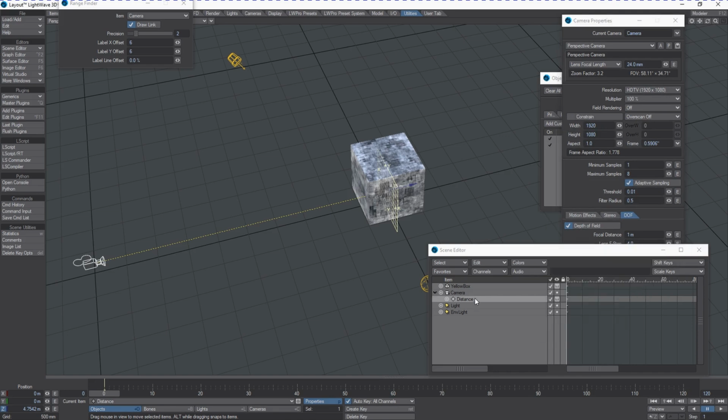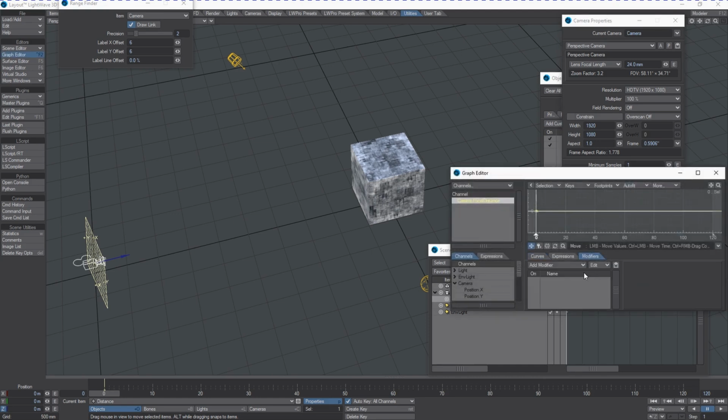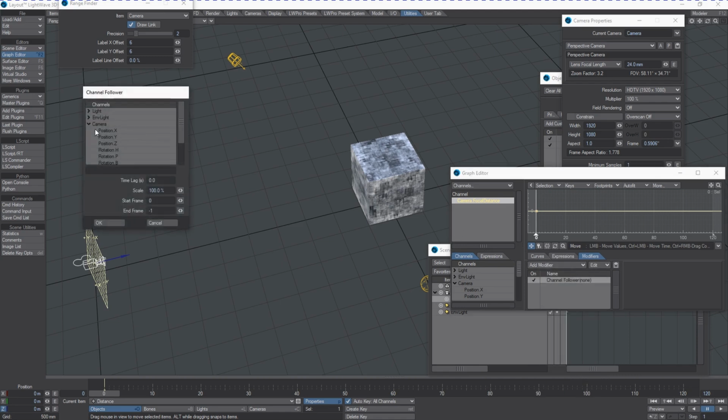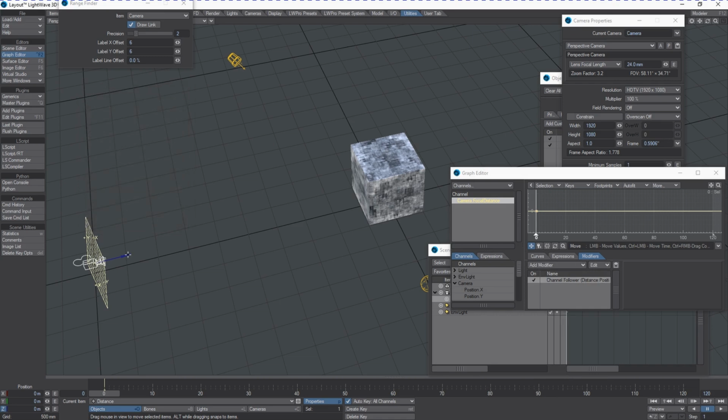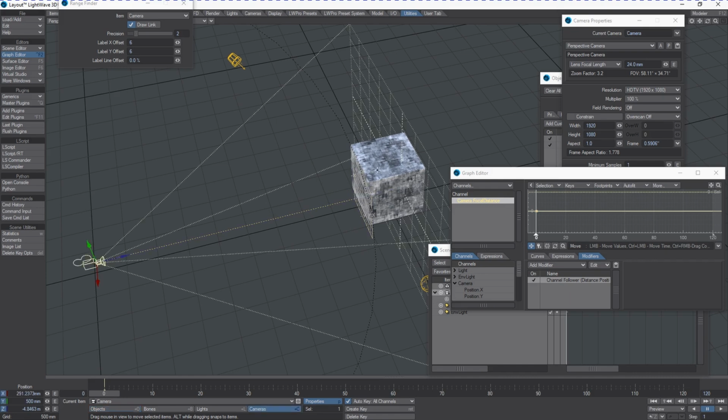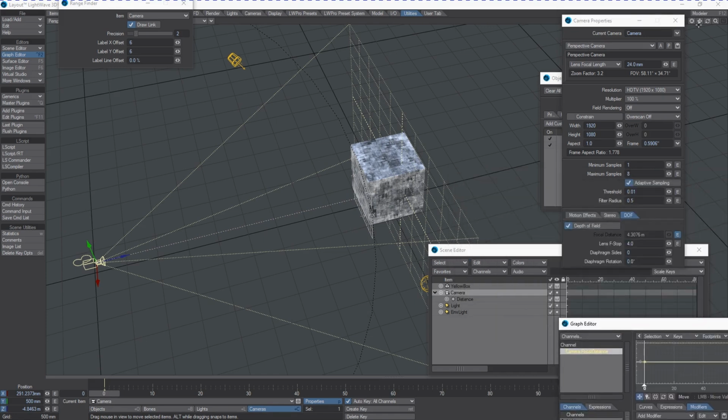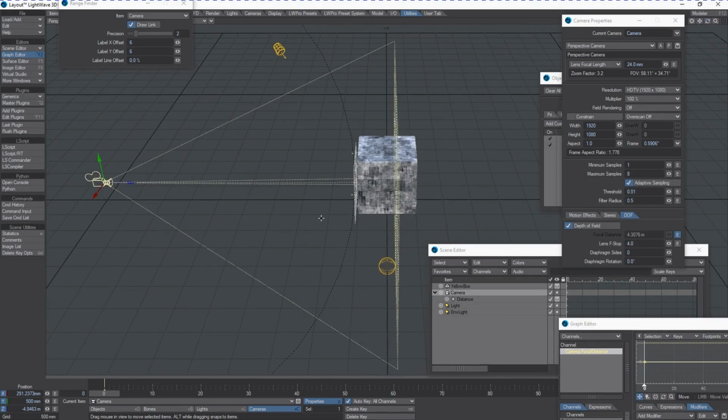In order to do this properly, though, what I'm going to do is set the distance to 0 and set this to 0, and we're going to link it via channel follower, not to the camera, but to the Z distance of the null. Now when I select the camera, you'll see that the fog circle, or the depth of field circle, is exactly where that plane sits. So you know exactly where your depth of field is. That's a really, really handy trick